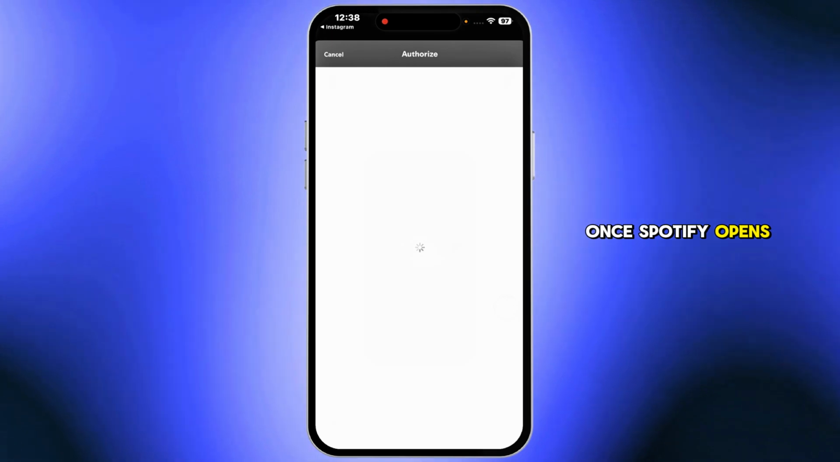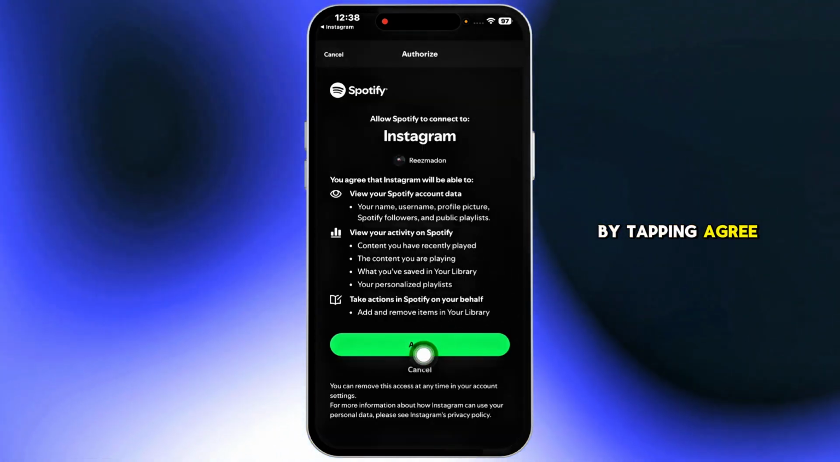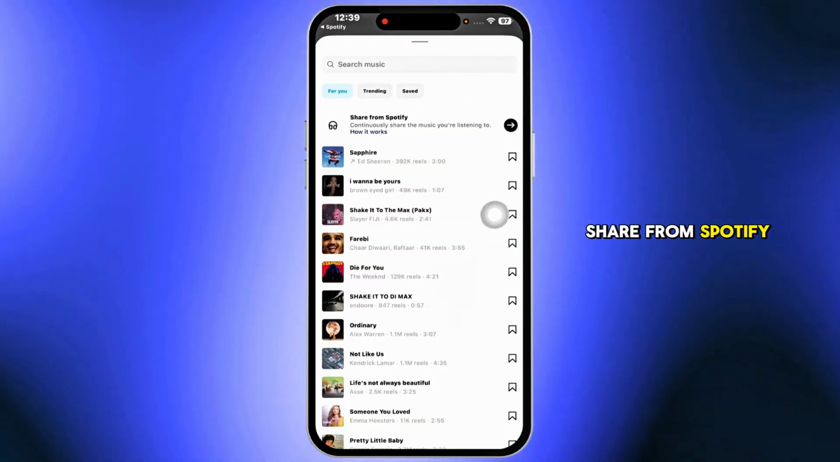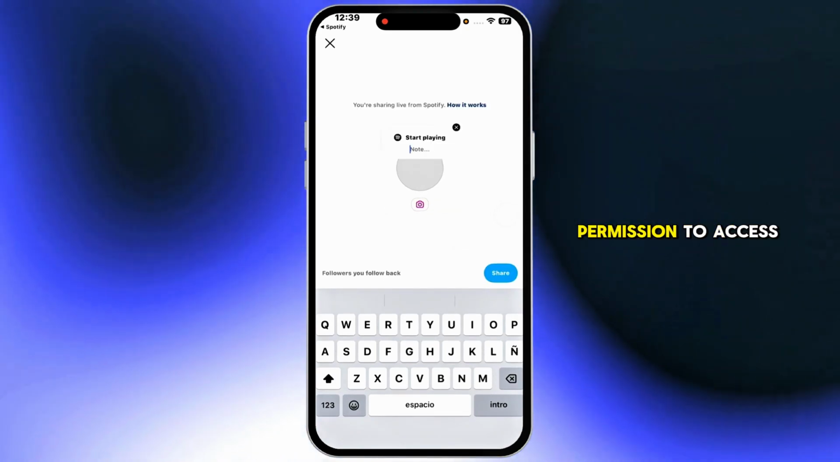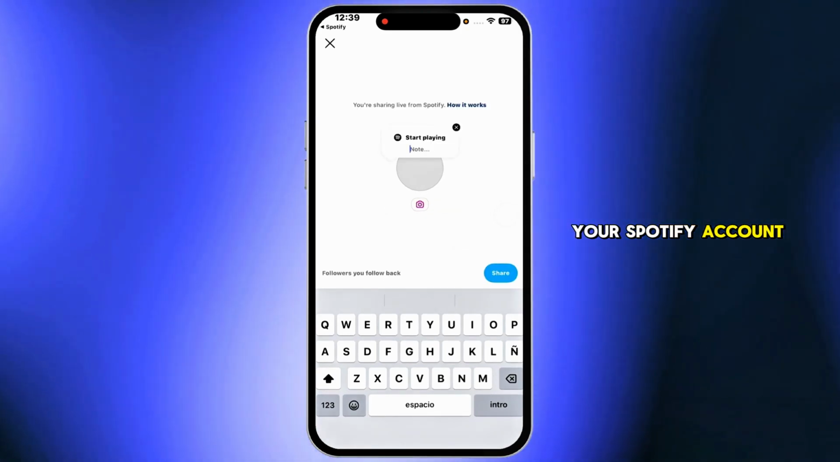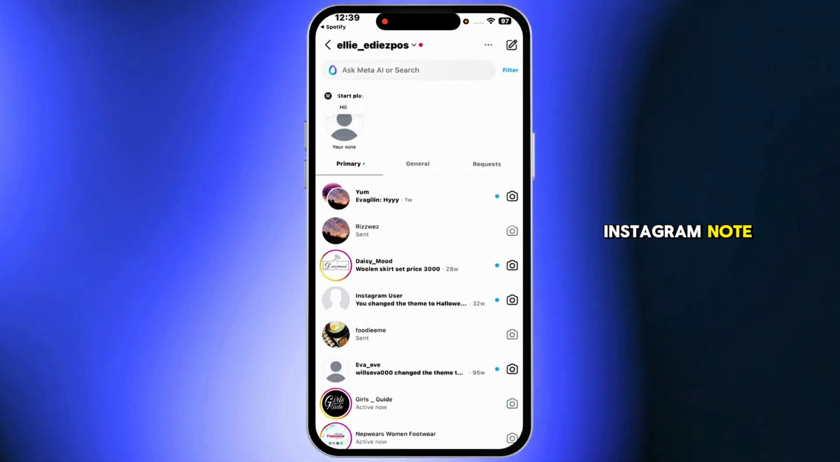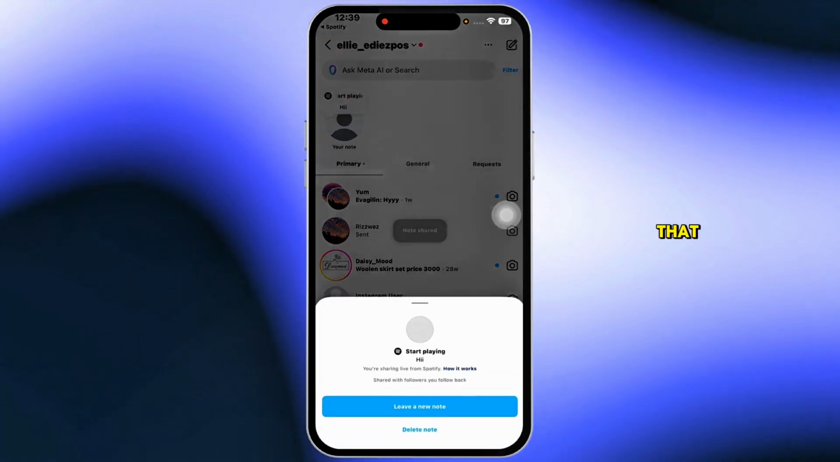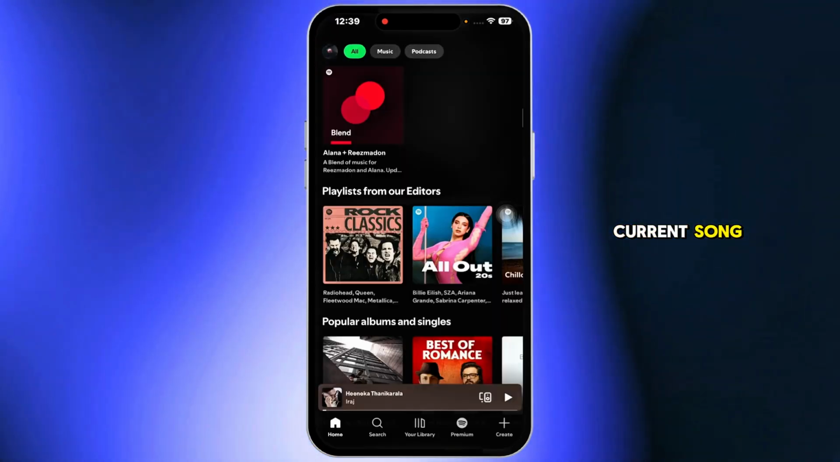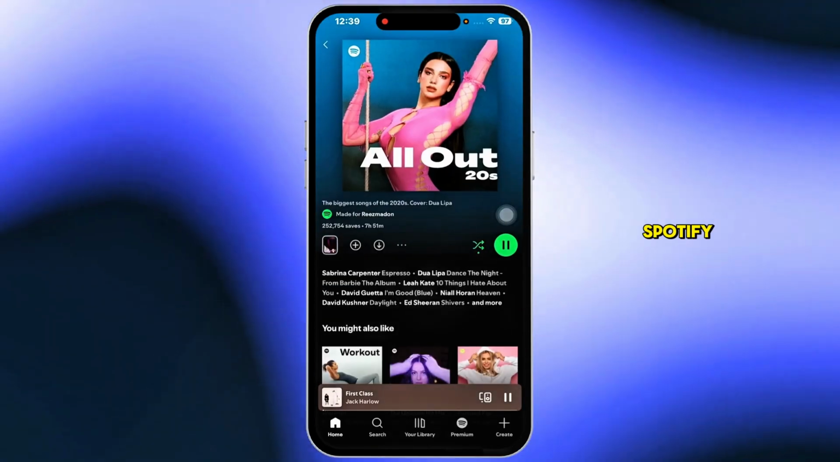Once Spotify opens, confirm the connection by tapping Agree. Now tap on Share from Spotify. This gives Instagram permission to access your Spotify account and share what you're currently listening to directly in your Instagram note. Tap Share. After that, you'll be able to select your current song, playlist, or whatever you're playing on Spotify,